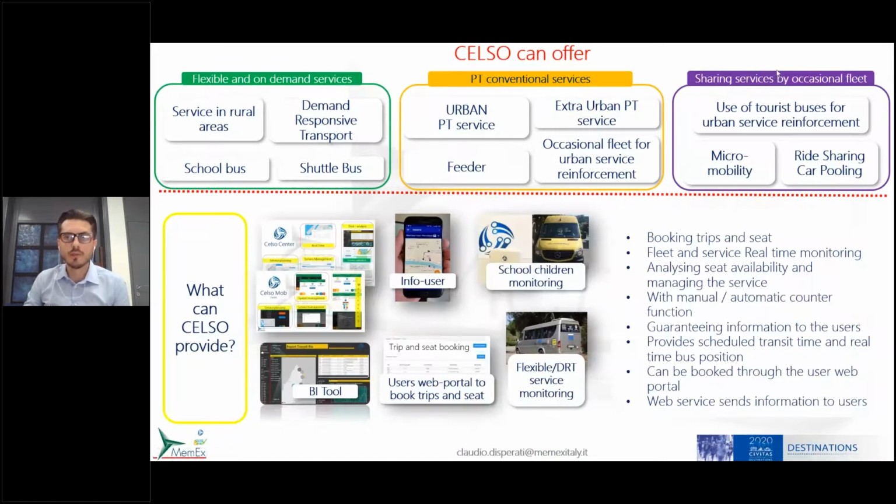Also in this case, we think that CELSO can offer its support to solve some problems for different kinds of services. As an example, the flexible and on-demand services, the conventional public transport services, and the sharing services by occasional fleet. We think that CELSO can support, for example, the DRT service or the conventional public transport service, which requires a